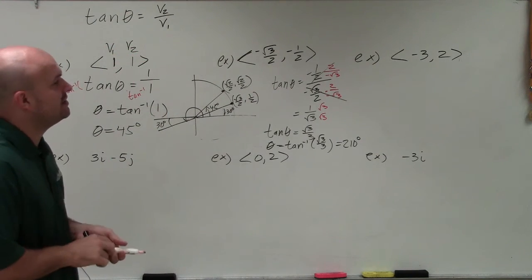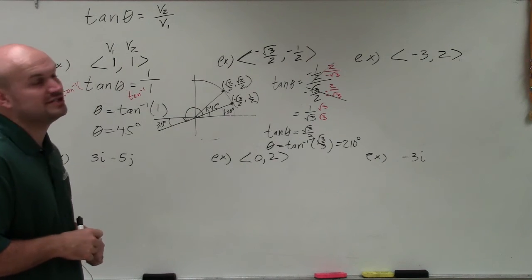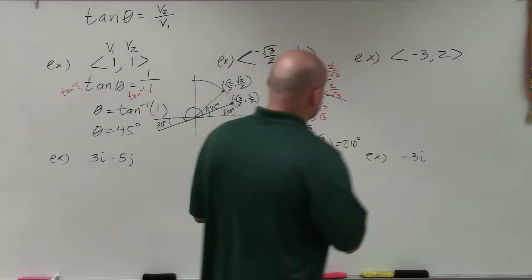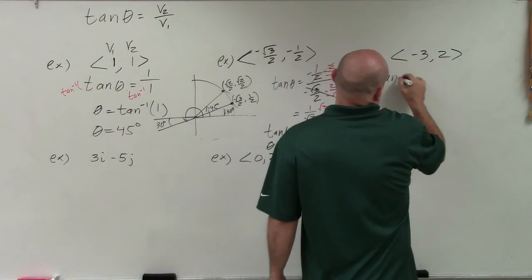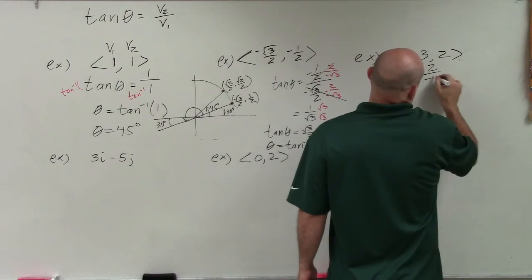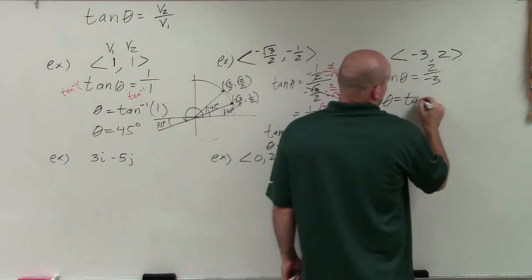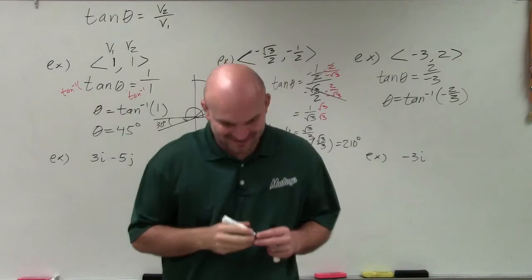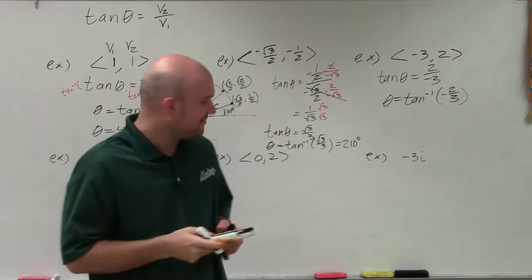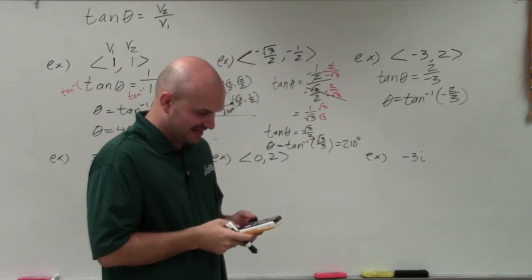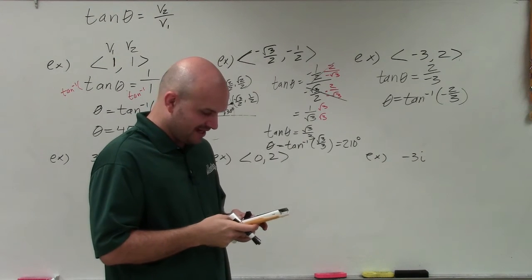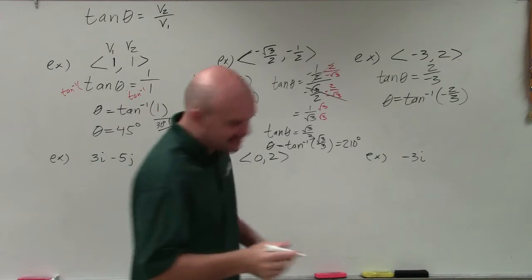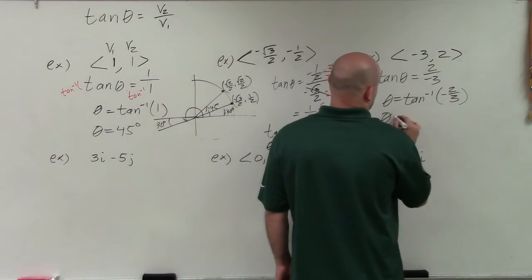In the next couple of problems here, I have the vector negative 3, 2. Now, I know this is not going to be on the unit circle. So what I'm going to do is simply cut to the chase. I'm going to write it out, and then I'm going to plug it into my calculator. So I'm going to use the second tangent, and I'm going to do negative 2 divided by 3, and I get 33.69, or negative 33.69